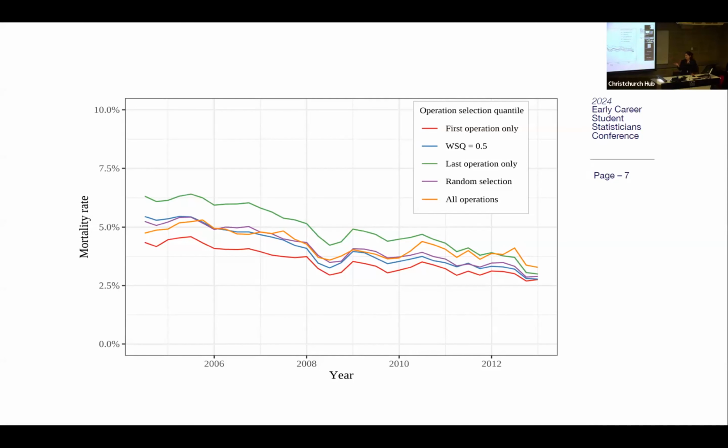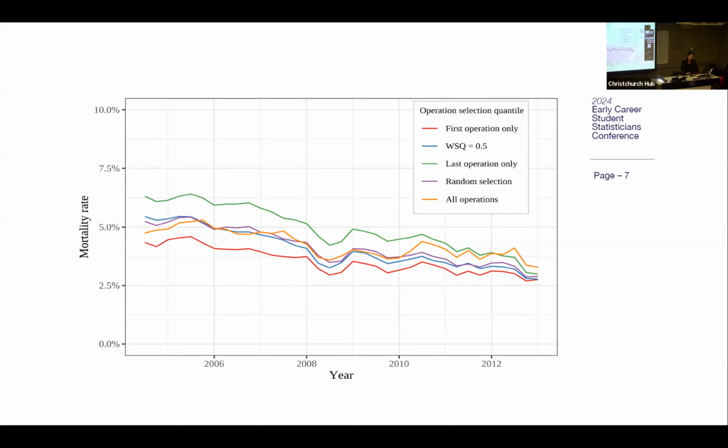This number might seem very small initially, but imagine a cohort of over 100,000 patients. This number translates to up to 1,500 deaths, which is a substantial, significant difference in the context of surgical outcome studies. And people might say, what if we just choose one of those methods and use it consistently? Problem solved.